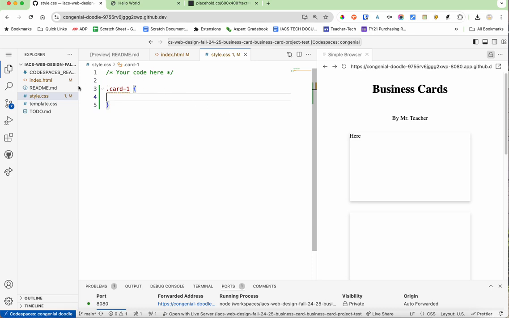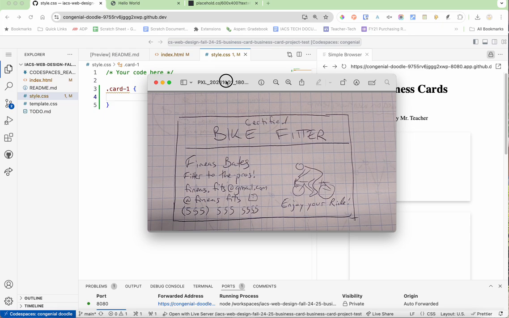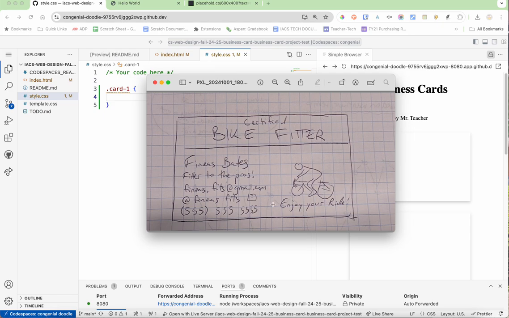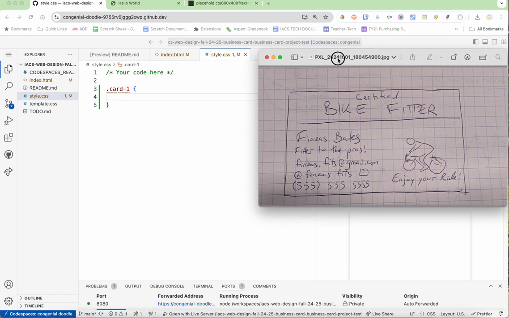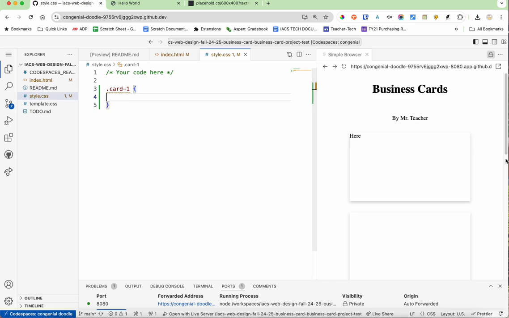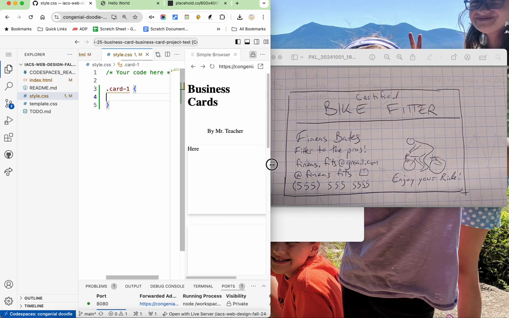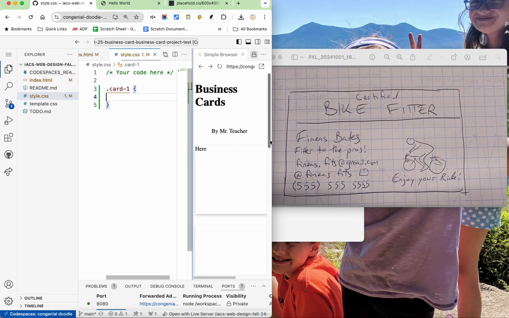Now, before I get into actually designing the card, ideally I have already an idea of what I want it to look like. So here's my drawing that I did on paper. This is for a fictional bike fitter. That's someone who helps you make sure your bike fits great. And there's my concept. So I'm going to go ahead and I'll shrink this down for now